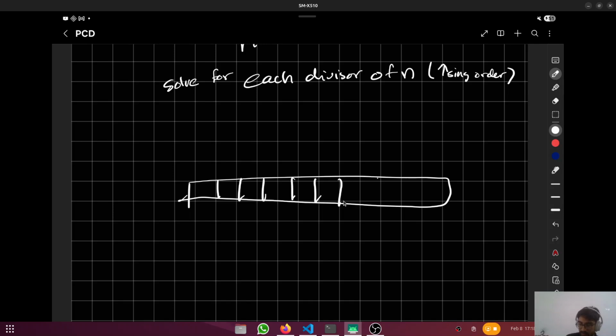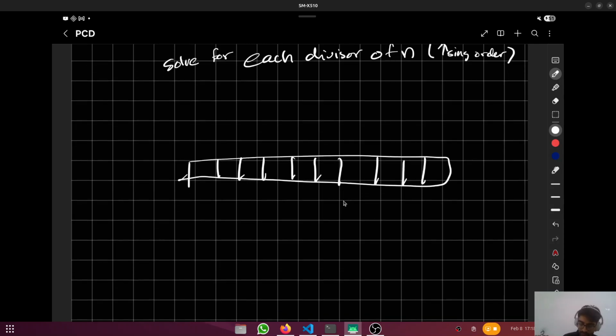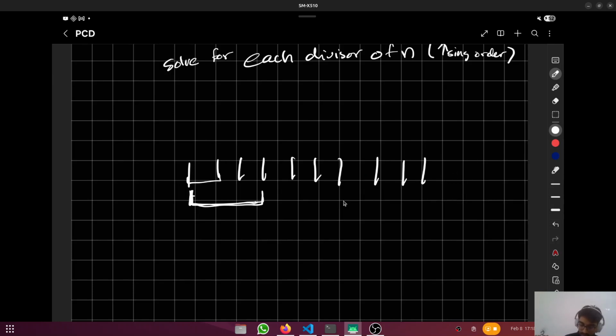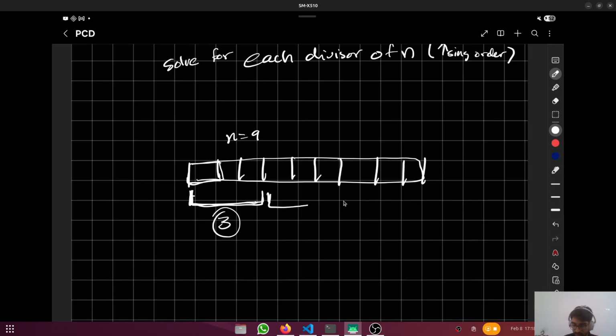Let's suppose this is a finite string of size n, and if our code word is of... if we are at a divisor, like, 1 2 3 4 5 6 7 8 9, or we'll take it 9. Here the value of n is equal to 9, and let's suppose I am at a divisor 3 of 9. So if I am repeating my code word 3 multiple times to form this string of size n,